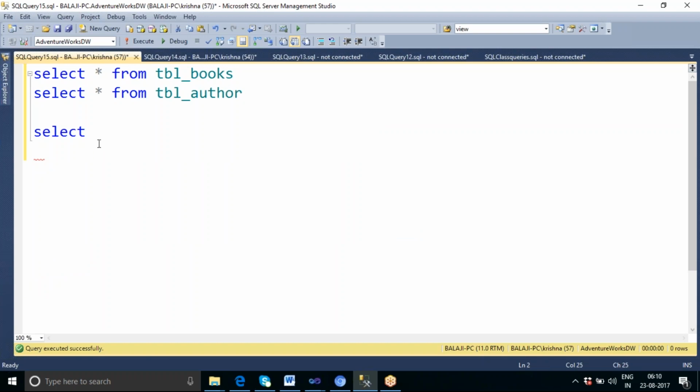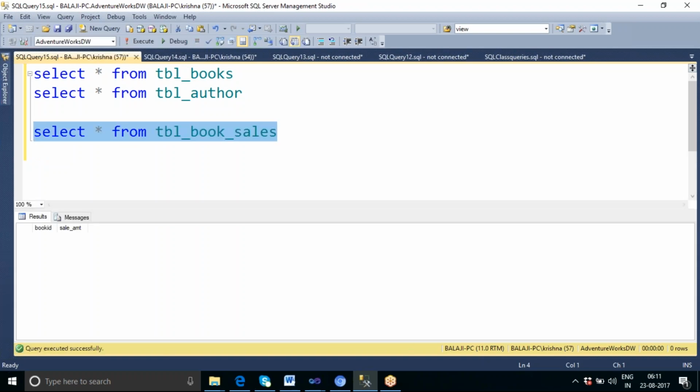Now let me go for select star from the sales table. So each book sales. Whenever sales happen, I'm storing some... sorry, here also I don't have amount. Let me do this. Okay.